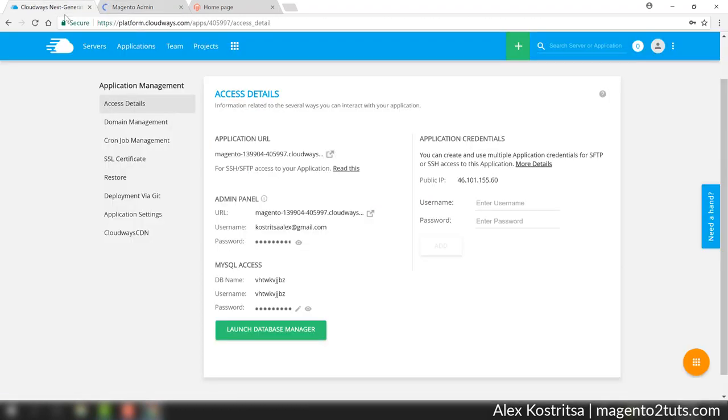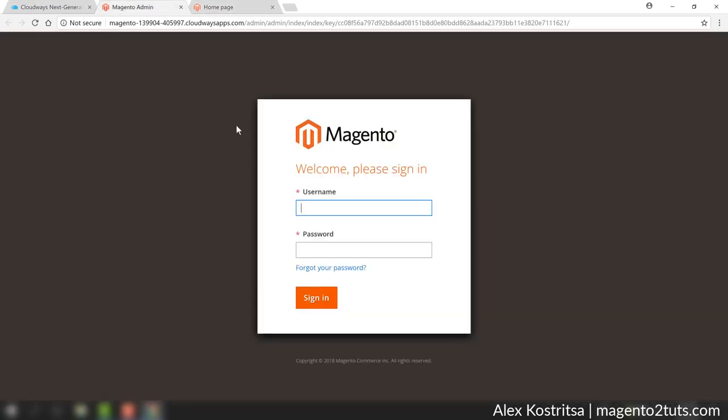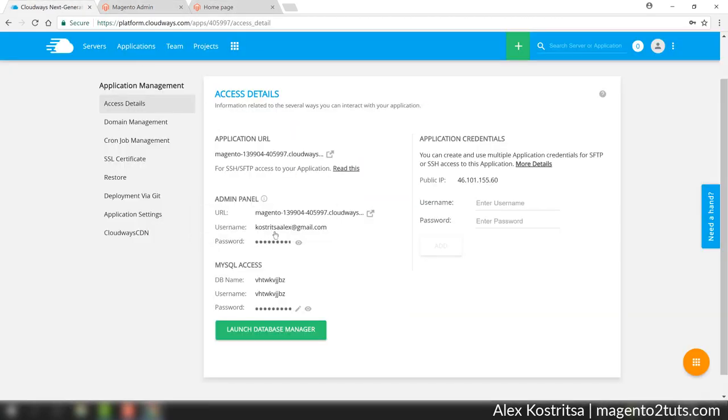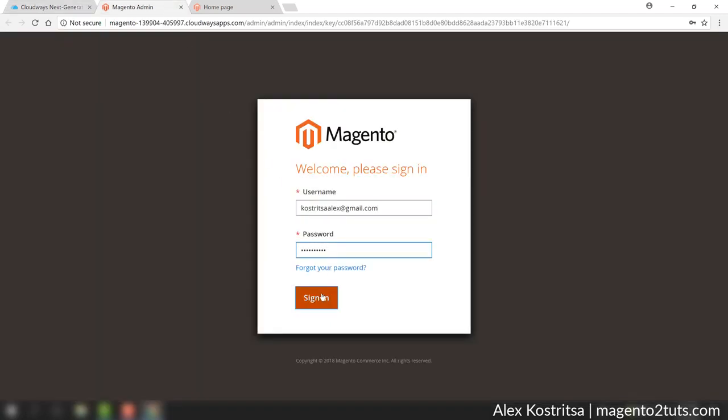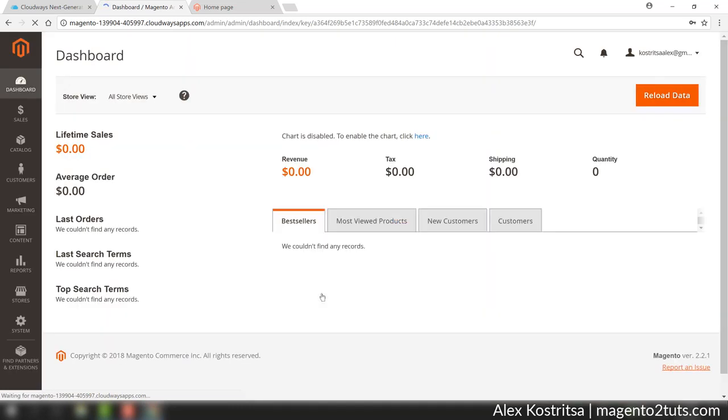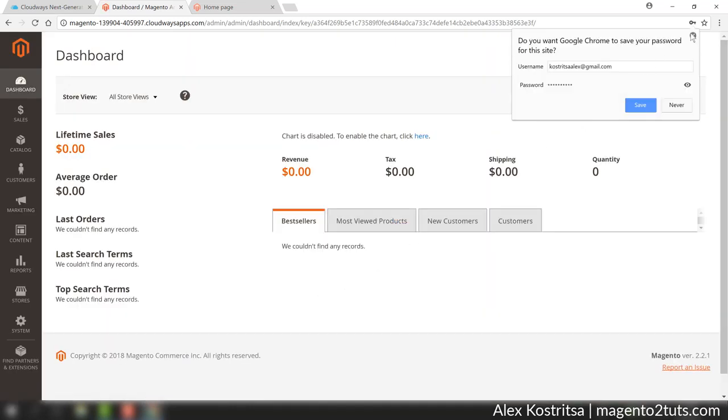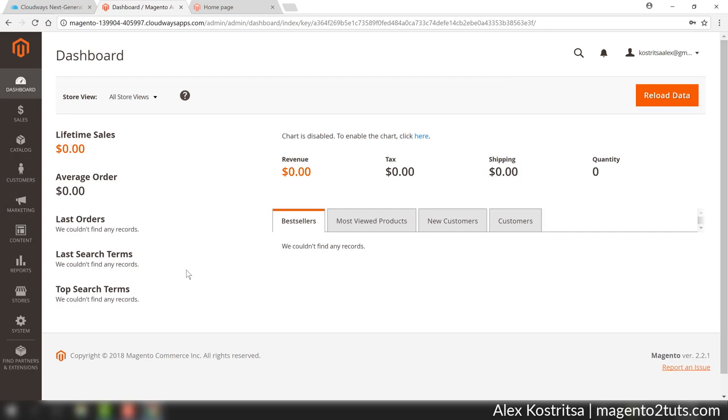Here's the username, and copy it. Okay, everything looks fine. So we have newly installed Magento on the web server, which is located with DigitalOcean, but